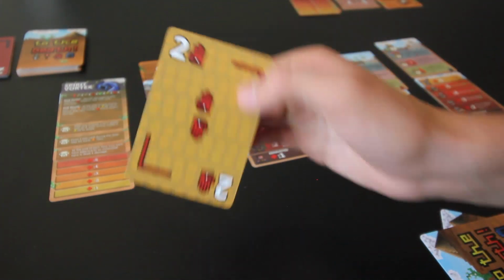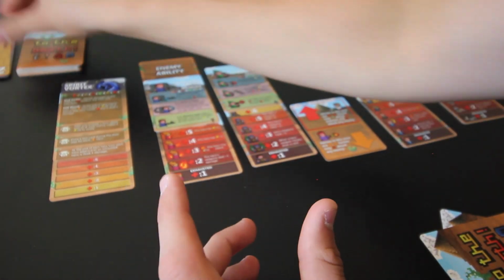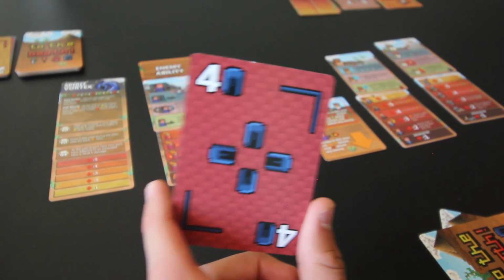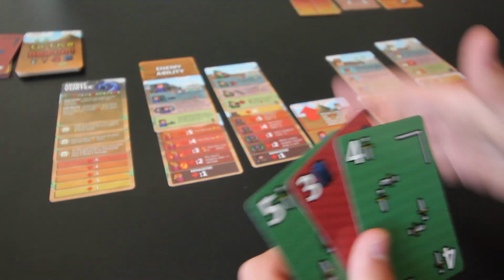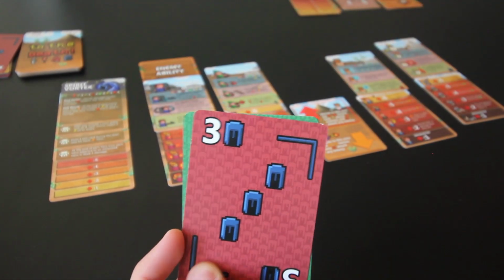So let's see what we get. It's a 2. Oh well. 2 plus 3 is going to be a miss. And then going to the next attack, 4 plus 3 is also going to be a miss. How unfortunate. Alright, finally we have the Archer, and so we're going to discard this 3 to do the aim